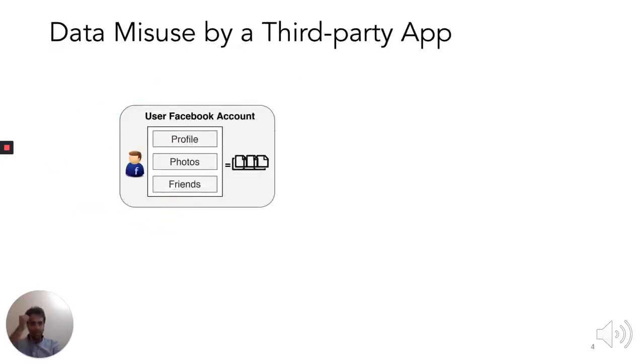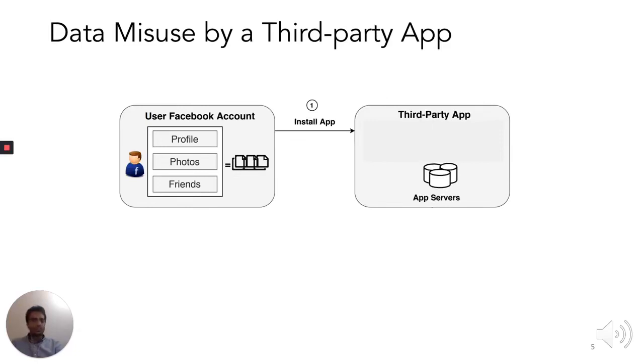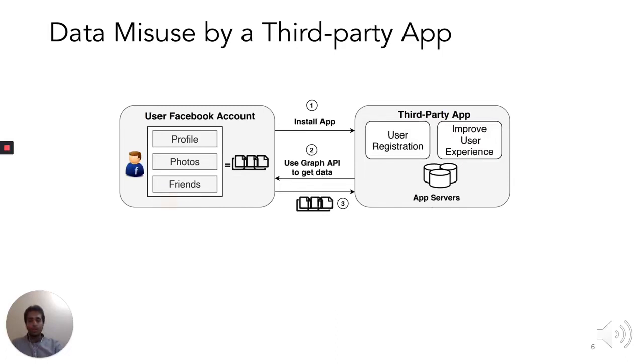To further elaborate how an app can retrieve user data, which can be later misused, I'll discuss an example. Let's say there's a Facebook user account who has its profile information like email address and date of birth. Now, the user installs a third-party app and gave it permission to access this user data. This third-party app is going to use Facebook's Graph API to retrieve user data. Now, this app can save this data on its servers. This third-party app can use this data for implementing various functionalities like building user registration, filling up their registration details